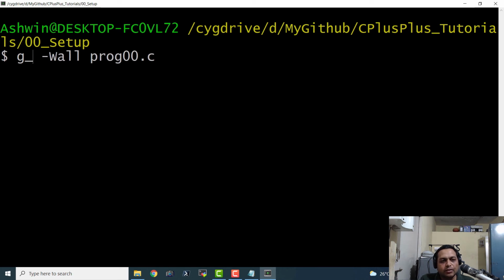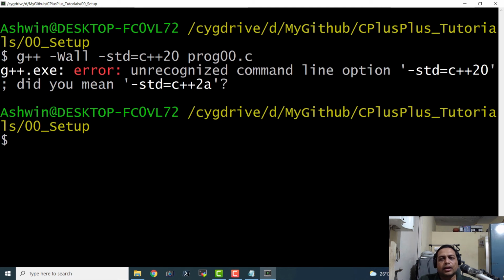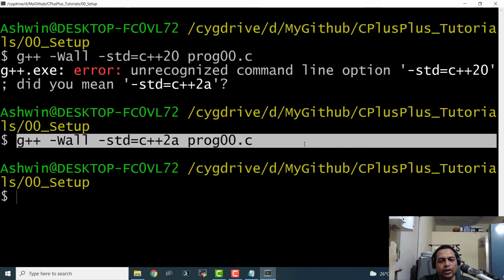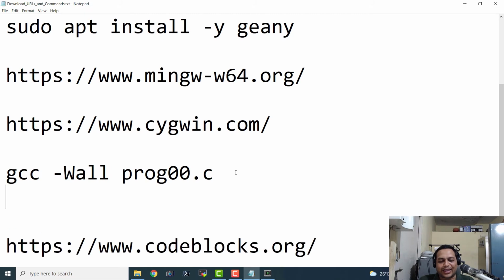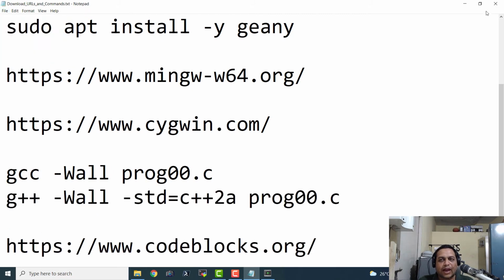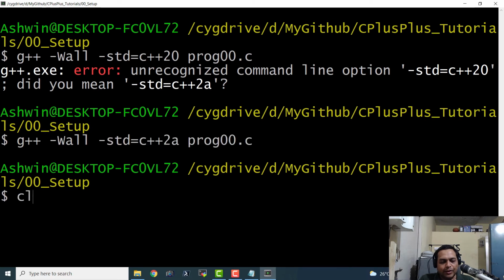So g++ -Wall -std=c++20, and if I hit enter, it should, okay, again it is not actually recognizing C++20. So let us say c++2a, and if I hit enter, it should be able to compile that program without any hitch. So let me copy this, and let us go ahead and yes, this is awesome. So we have compiled a C++ program with g++ compiler,